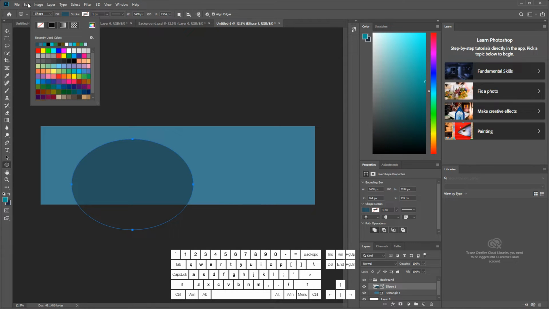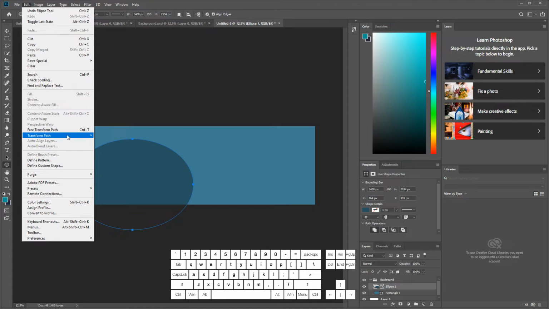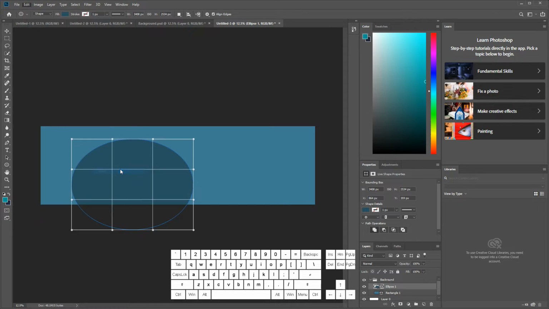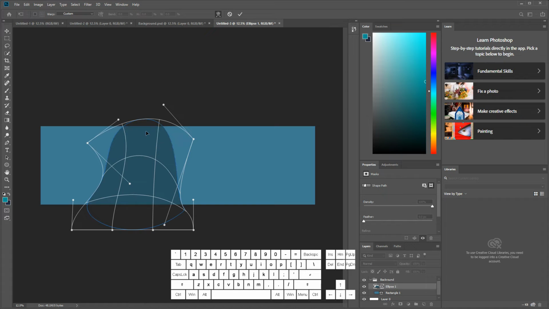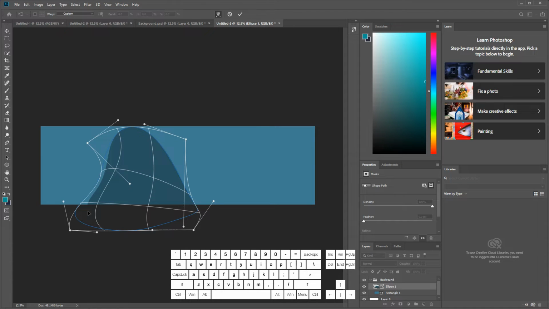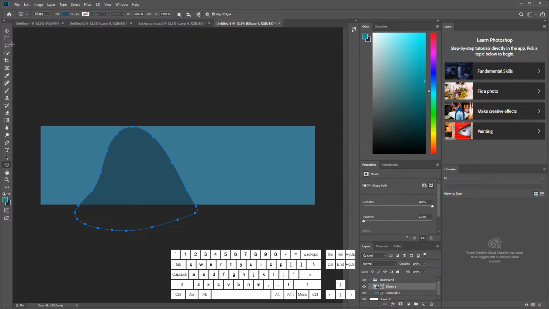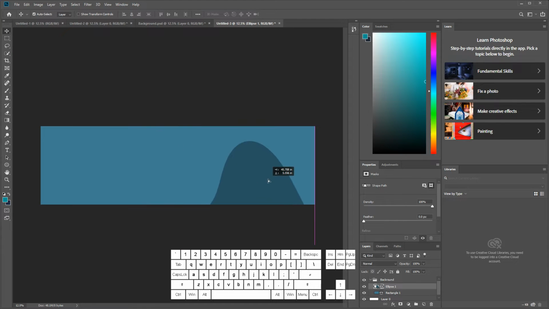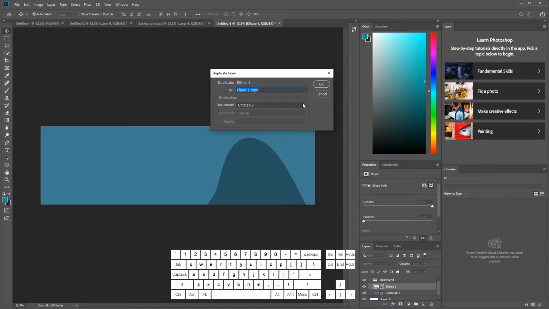Currently it doesn't obviously look like a mountain, so what we need to do is go to transform, warp, and just play around a little bit to make it a bit more mountain-like till you're happy. So I'm quite happy there, so I'm going to make that into a live shape, then move it down,